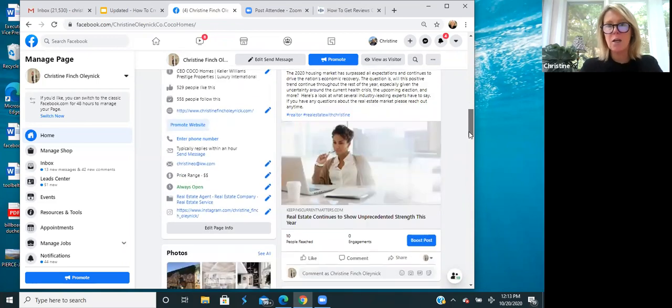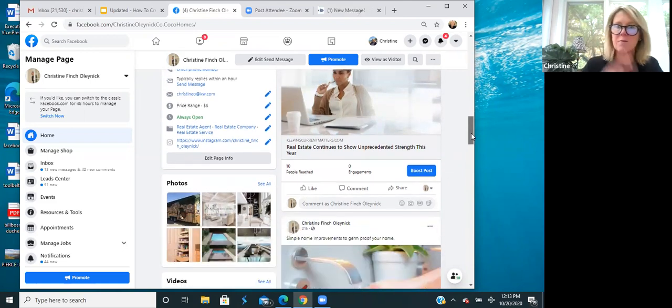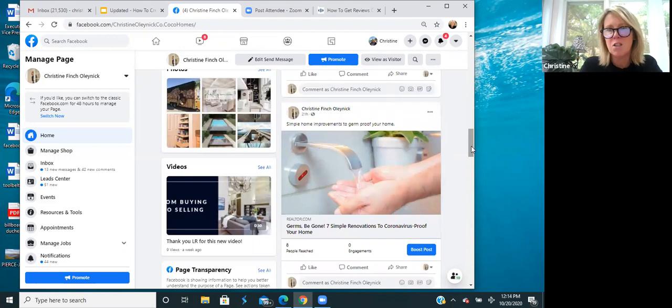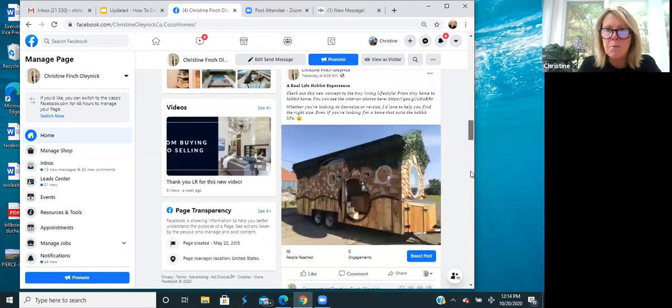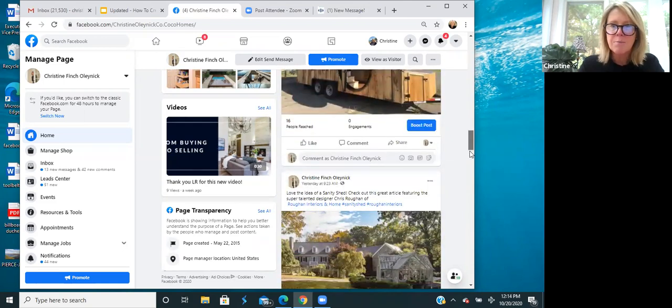Yes. So as you can see here, this post was from Keeping Current Matters, which is KCM. They have tons of free content that you can use daily. So daily, I try to post something. Simple home improvements to germ-proof your home, that was from realtor.com. This is from some crazy magazine, but they always have some funny real estate posts.